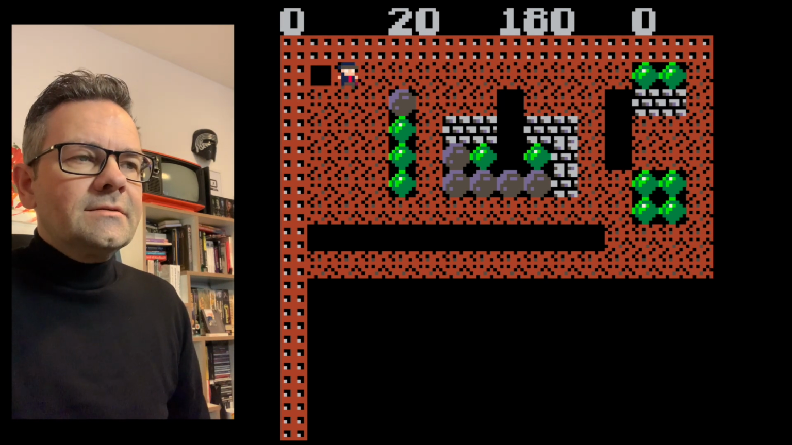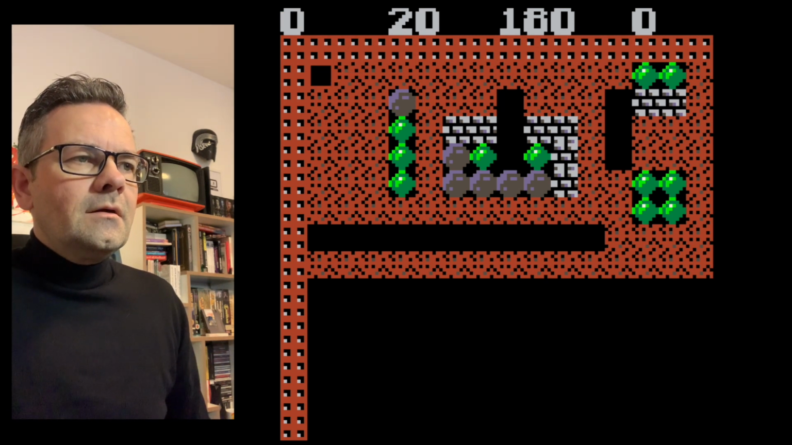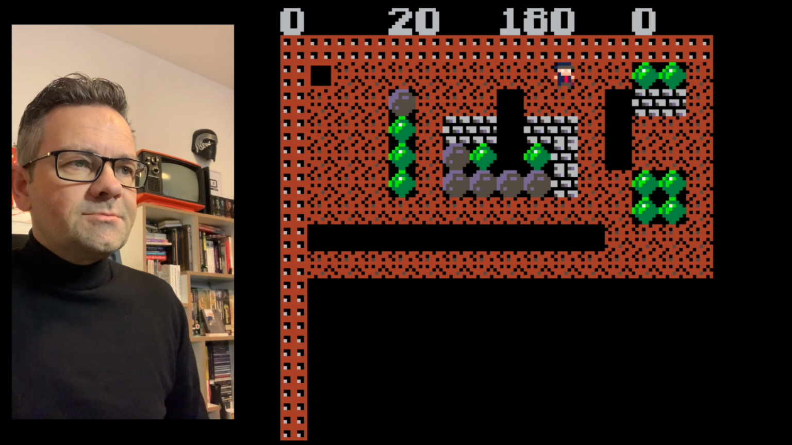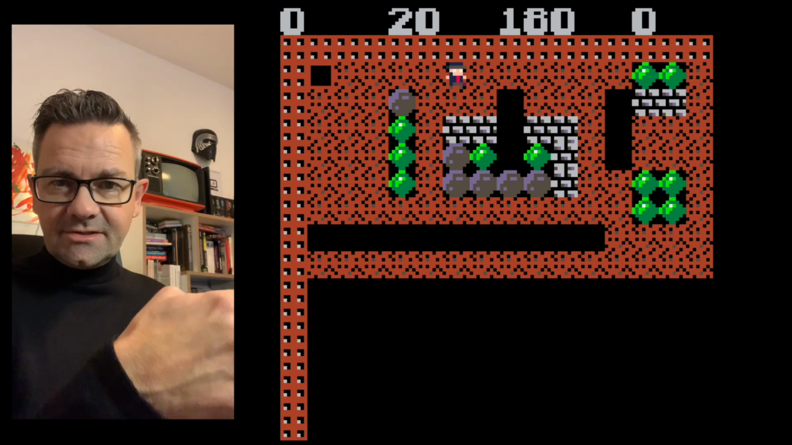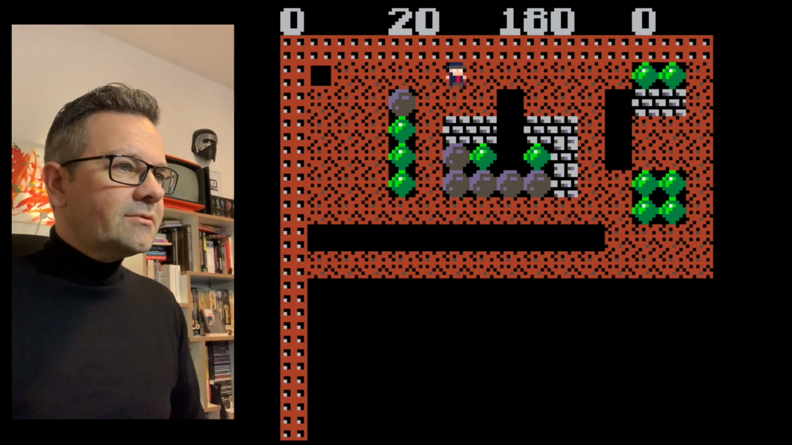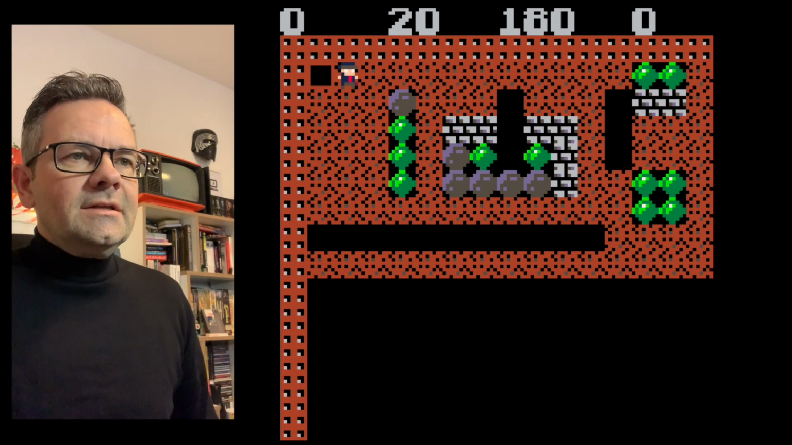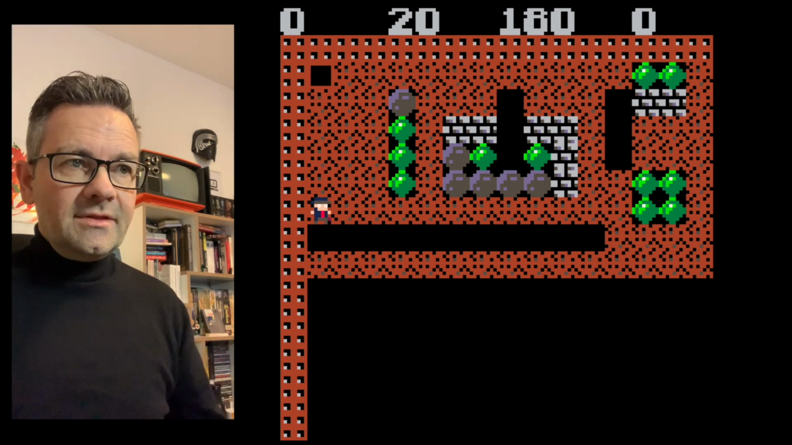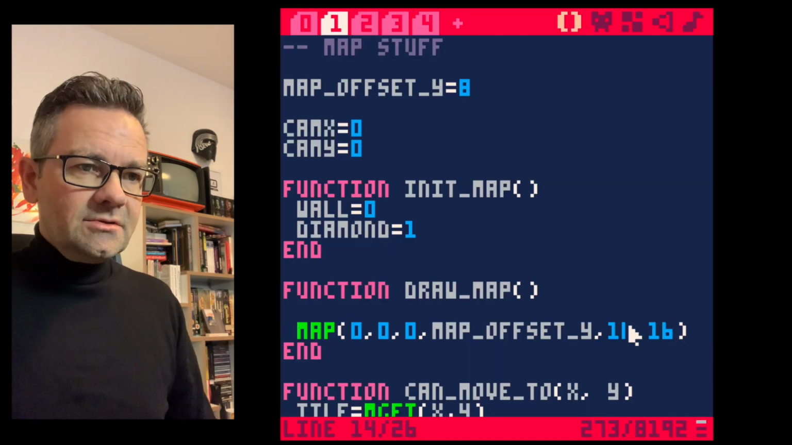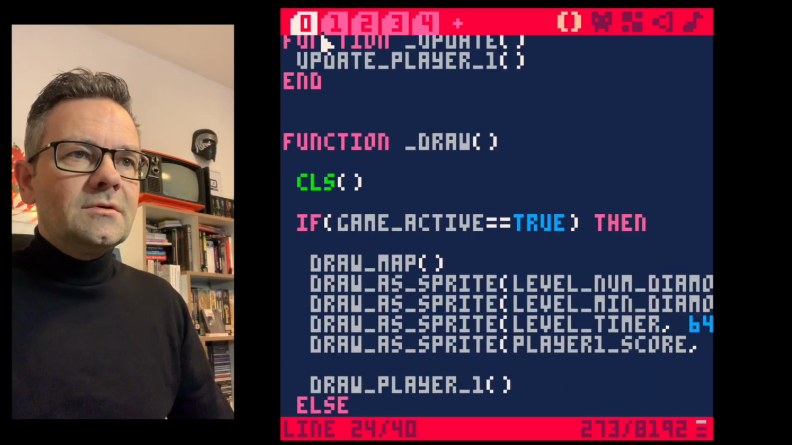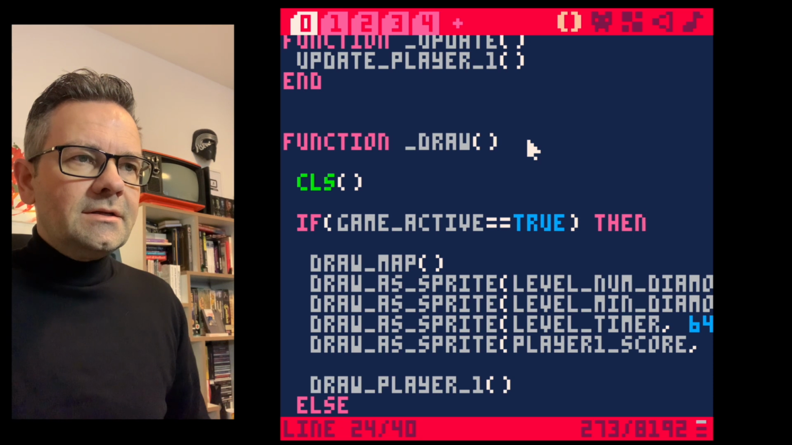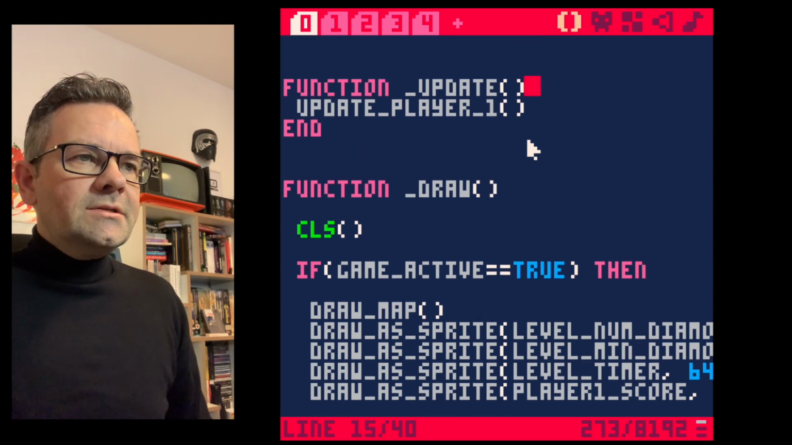Let's run this, and it still works as expected. The player sprite always faces right, which is a pity, but we will fix this in a minute. But now we have at least a game over state if the timer would be 0. So we should go here, and what we need to do is